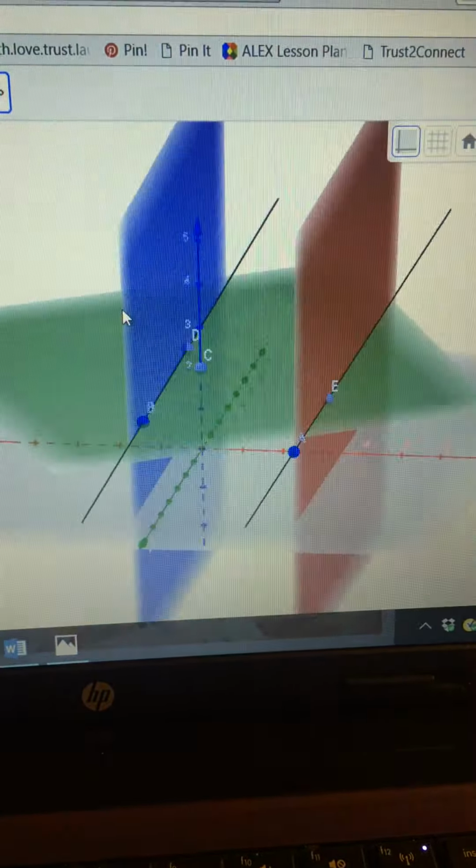These three planes are definitely three distinct planes, and they are definitely intersecting, but they're not intersecting all at the same time. So what we're seeing is that two of the planes intersect with each other, the red and the green, and then also the other two planes intersect with each other, the blue and the green. But the blue and the red are never intersecting with each other, which is different than the triangle formation, because